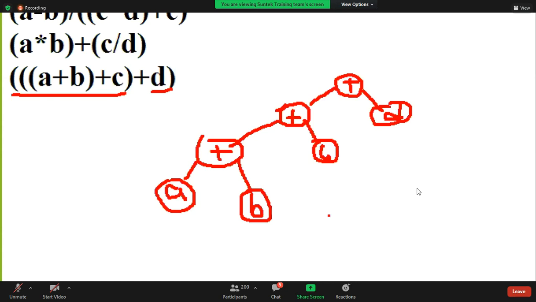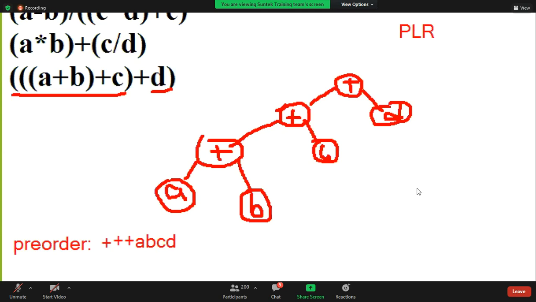This is pre-order. Write the pre-order, guys. What is pre-order? Parent left to right. In order we are, sorry, pre-order we are writing. First parent plus, again left subtree is there. Again parent plus plus plus, left a b, okay, left to right. Again it is total left, right is what? C, D. This is a pre-order, guys.